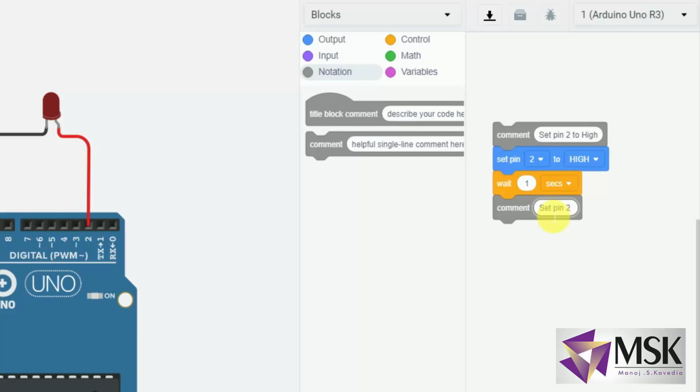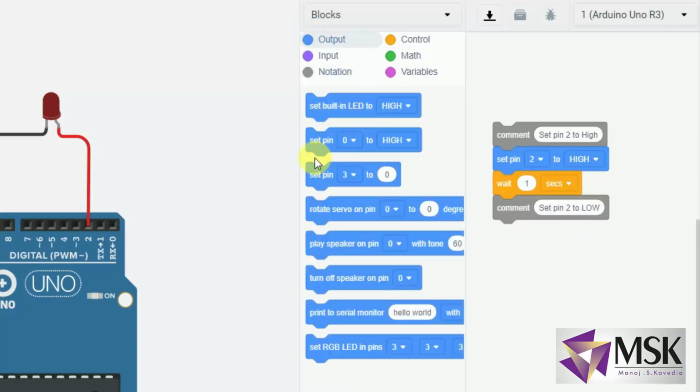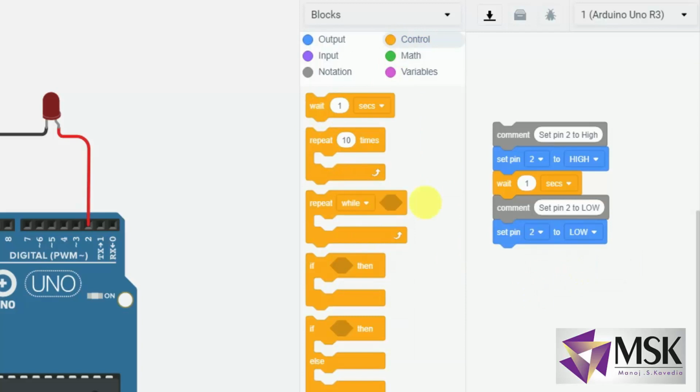So this is a comment. Now again I'll go to output, take set pin, select pin number 2, set to low, and then take a control and set that. So my code is ready now.